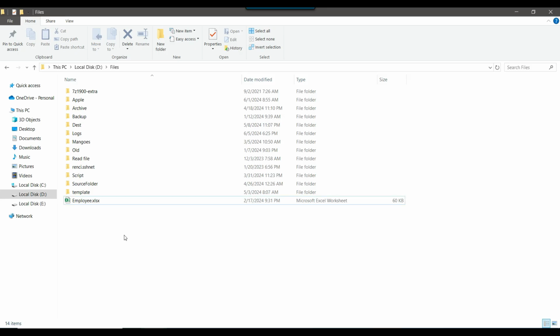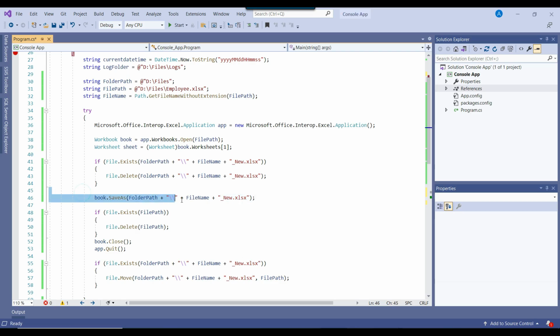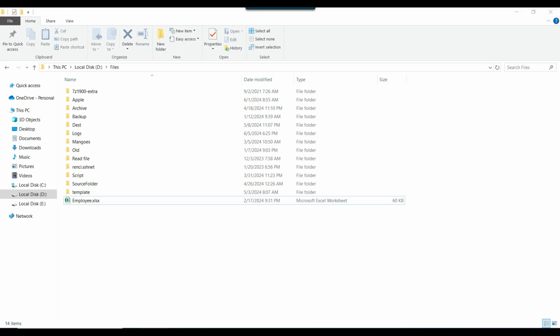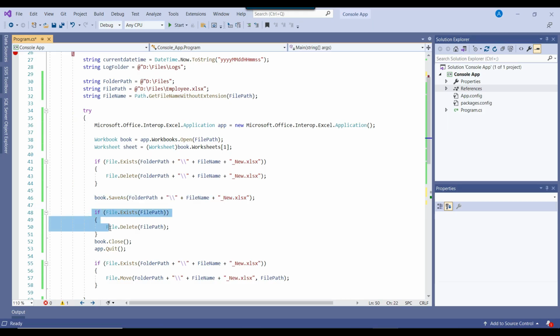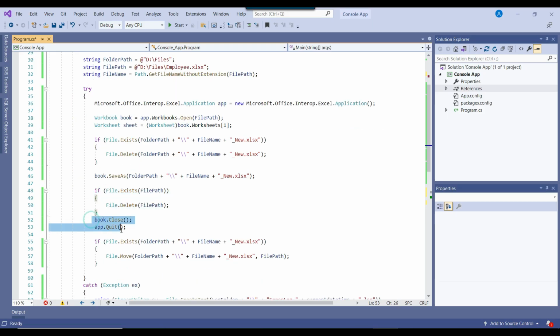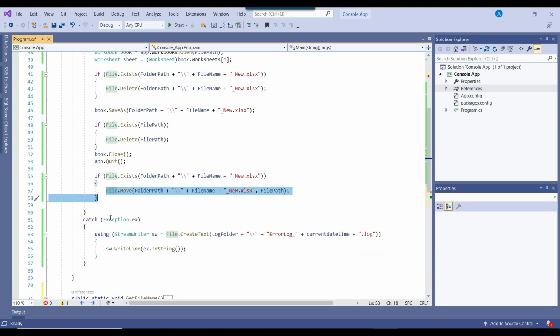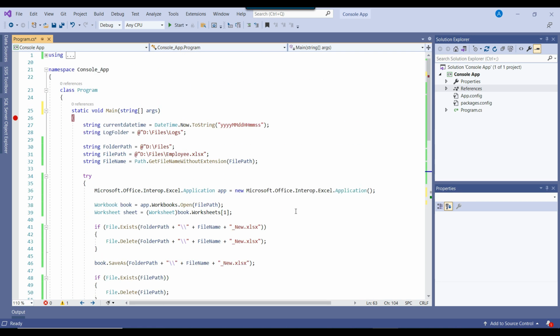For example, we have the employee.xlsx file, and at this line the new file employee underscore new.xlsx should be created. Then we delete the original file, close the instances of the Excel application, and rename the underscore new file with the original name. This is the code, and in case any exception occurs, it will create an error log underscore current date time dot log file and write the exception details to that log file.